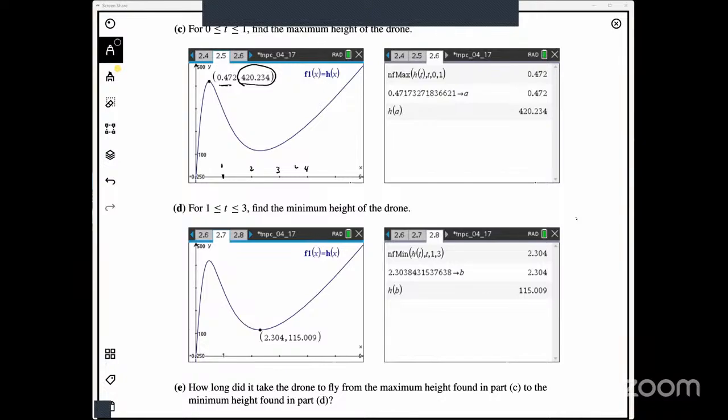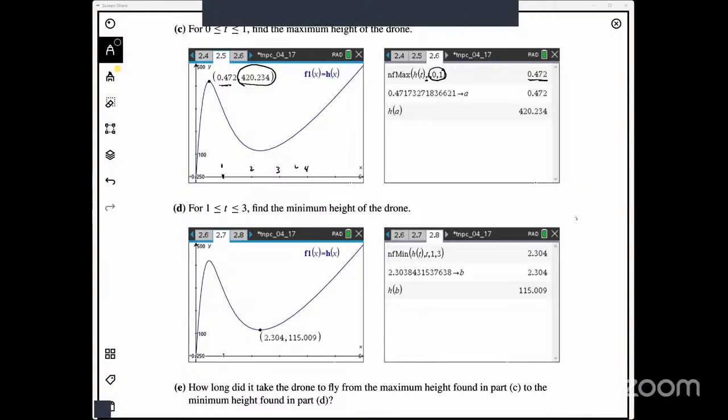Another way to do it numerically is on a calculator screen on the 84, the Nspire. The Nspire has a built-in function called nFMax, a numerical function max. Correct me, Curtis, if I'm wrong. I'm going to find the maximum of that function h of t numerically, with respect to t between 0 and 1. And there it is, it's 0.472. Now remember, I have my calculator set to 3 digits to the right of the decimal, and I know what's coming here,